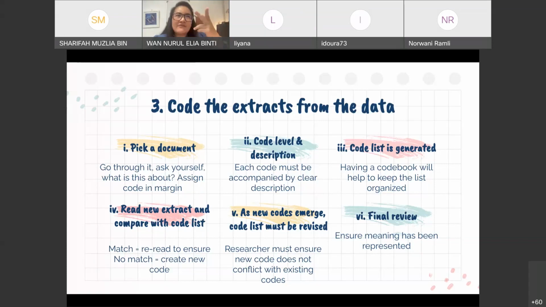So that's where you can collapse them into one, and then you have to go back to your data and correct it. All right. And finally, you need to go for a final review. Make sure the meaning has been represented. That means what you have identified in the code list is represented by the right description. Okay, so that is coding.